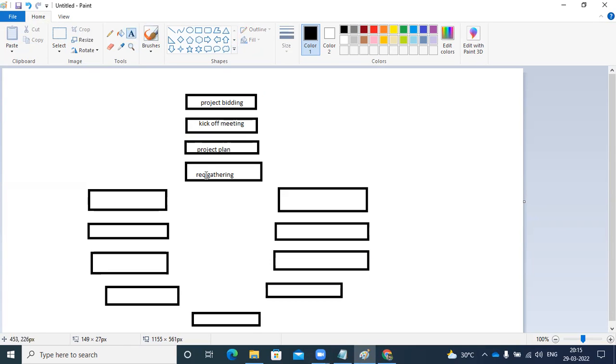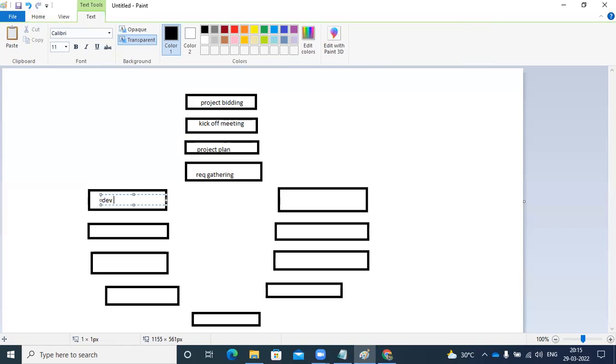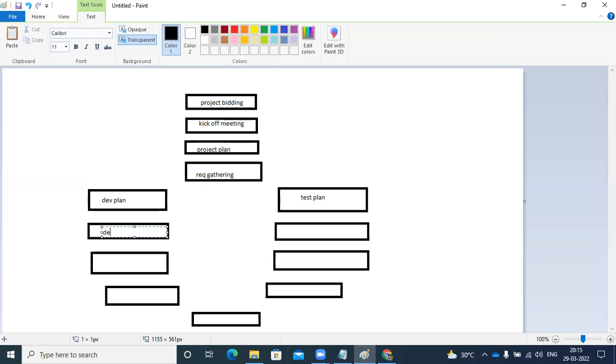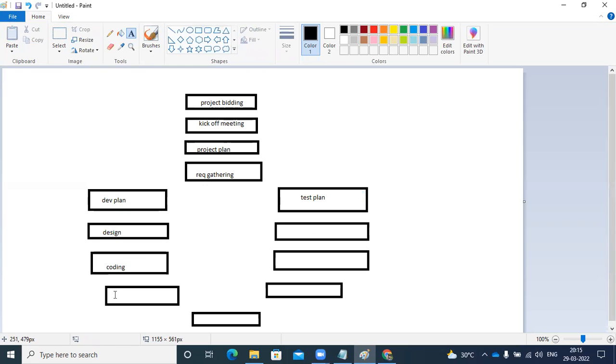So here in this requirement gathering, there will be BRS and SRS documents. So here the development people will do the development plan and the testing people will do the testing plan depending upon those documents. So after this, they will go for the design, and next they will go for the coding, and next they will go for the testing part like white box testing